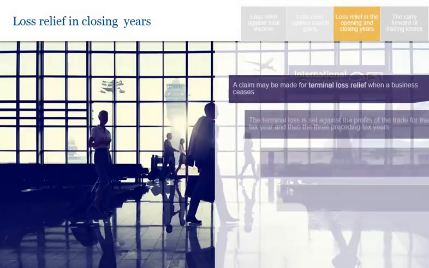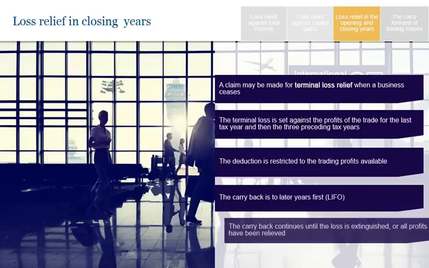And to the last loss relief in this module, terminal loss relief, or loss relief in the closing years of a business. This is a relief that applies to a loss incurred in the last 12 months of trading. So we're departing from the tax year and the current year basis assessment rules here. In essence, there is the availability of a 3-year carryback of this terminal loss, trading loss, on the cessation of